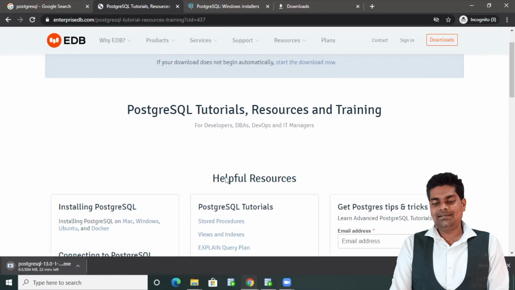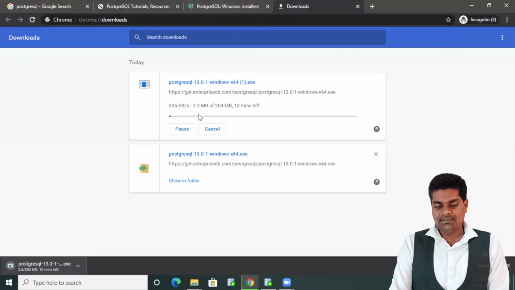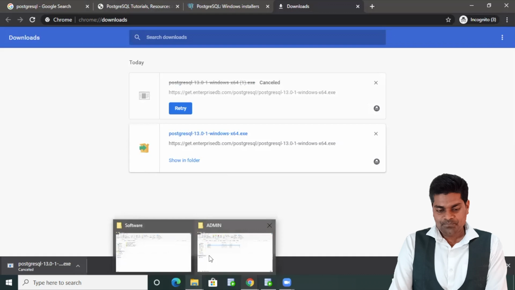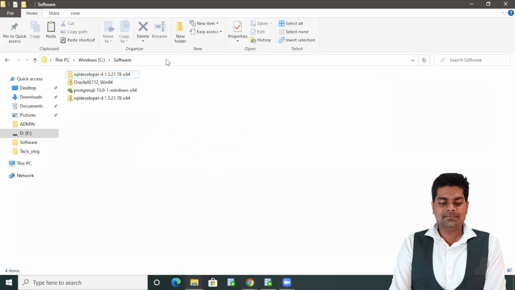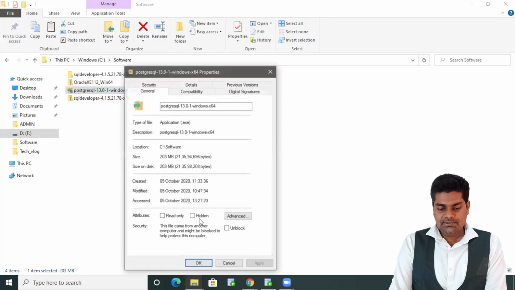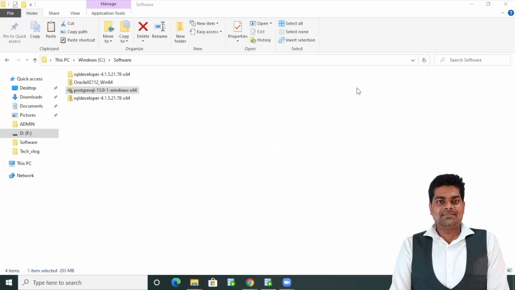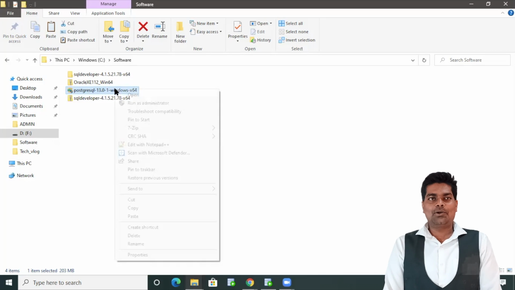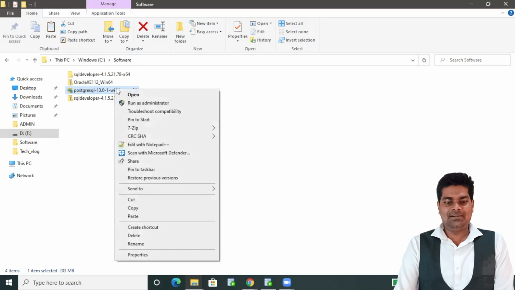I have already downloaded this software and I have kept it in my software folder. The file size is 203 MB. Okay, so I have successfully downloaded it.